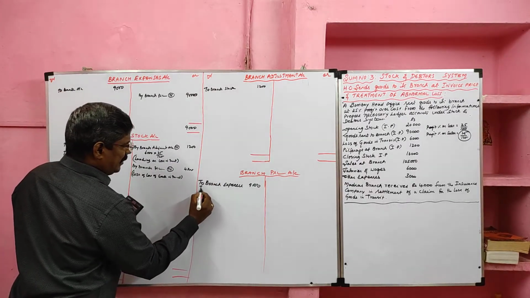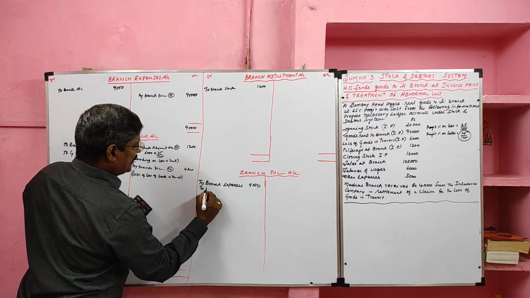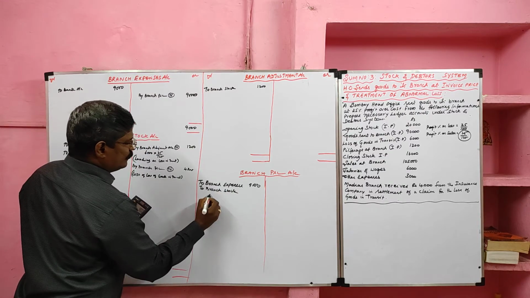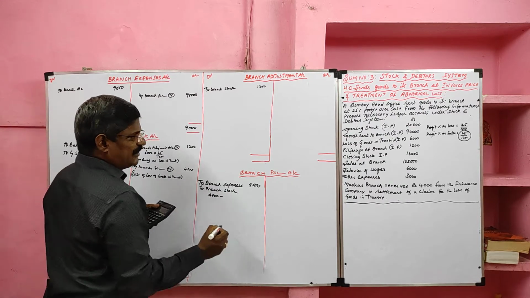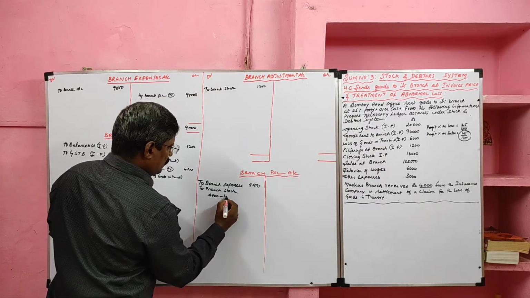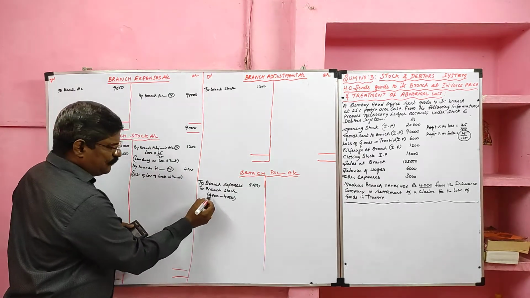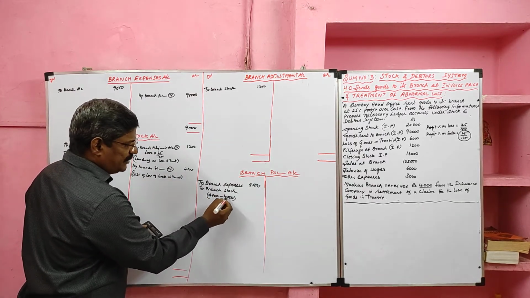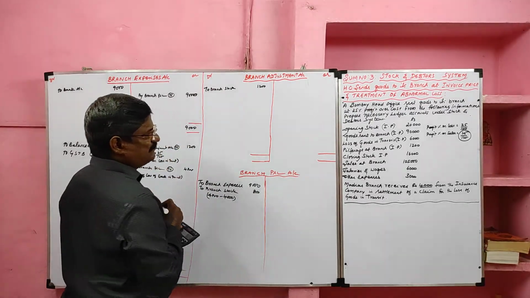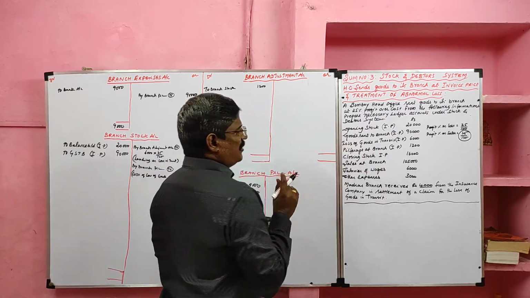The cost of loss of goods in transit should be transferred to the branch profit and loss account. Here in branch profit and loss account we should debit the branch stock account, value 4,800, of which we claimed from the insurance company how much? 4,000. So our net loss is 800 rupees. Then we completed the loss of goods in transit treatment in stock and debtor system.